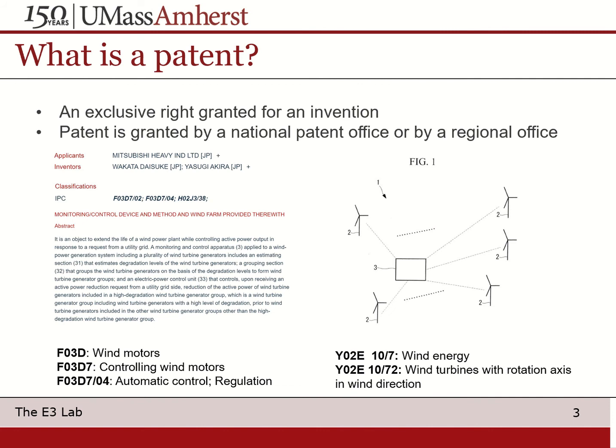So what is a patent? A patent is an exclusive right granted for an invention by a national patent office or a regional office. When an inventor files a patent application, they must describe the title of the invention and indicate its technical field by including a background and description. The abstract contains a brief summary of the invention and their claims define the matter for where they seek protection